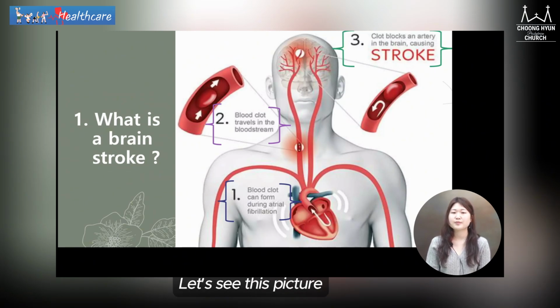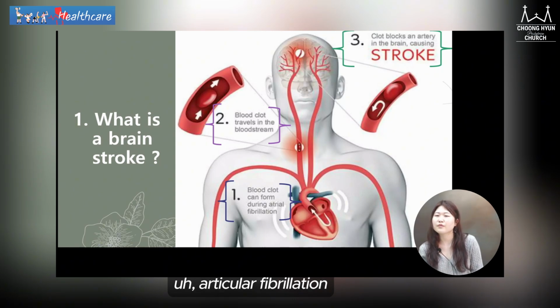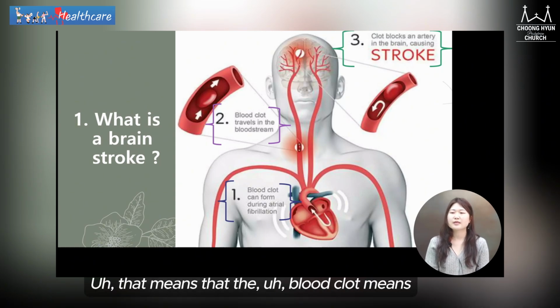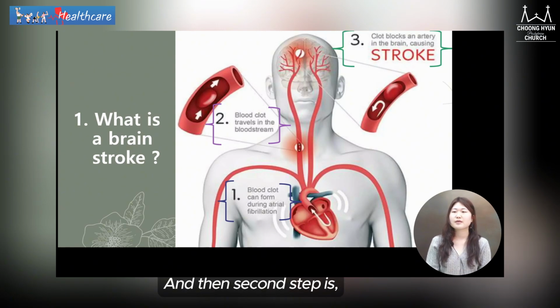Let's see this picture. The first step is that this blood clot can form during atrial fibrillation. That means that the blood clot means the blood mass. So the mass can form during the fibrillation. And then the second step is that